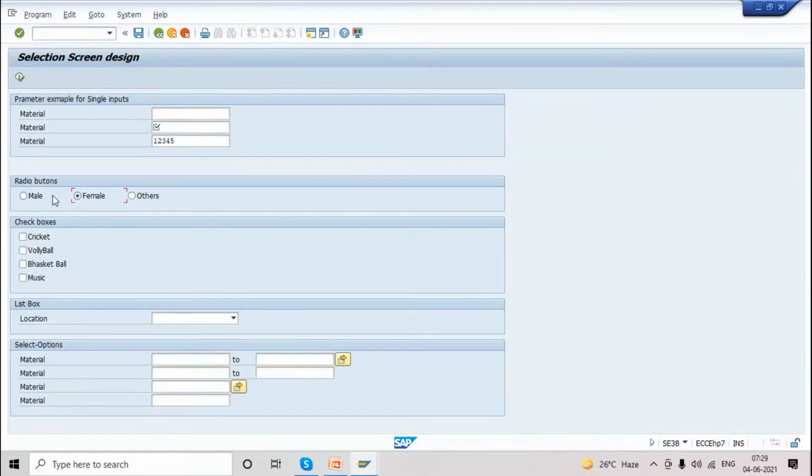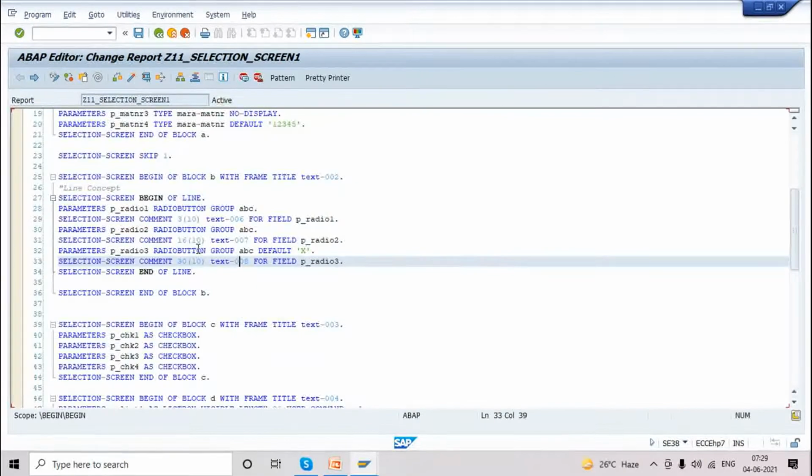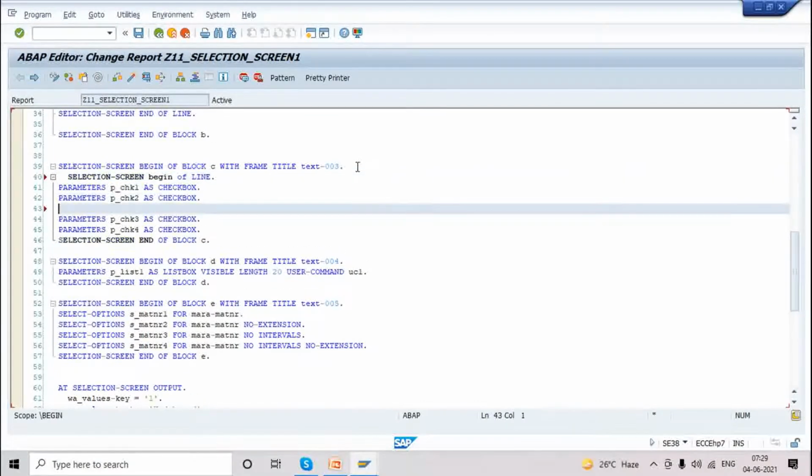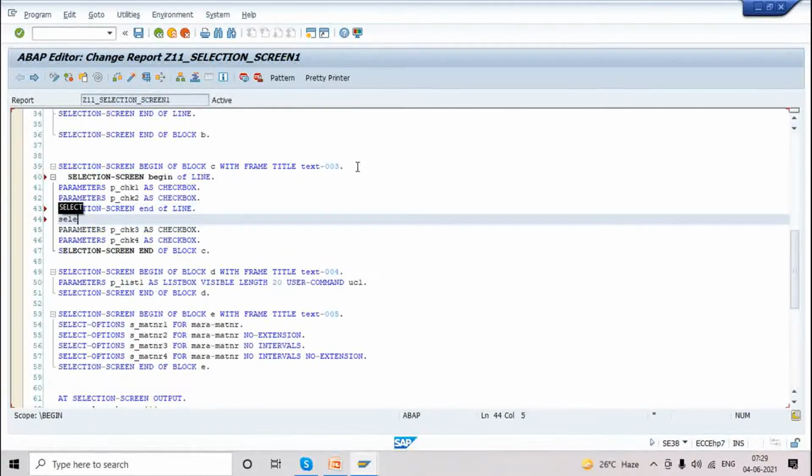See, the others also came. Okay. So now the same will be applicable here for the checkboxes. I'm splitting them into 2 lines. Selection screen, begin of line, end of line after 2 checkboxes. Selection screen, end of line. Again we have to start one more line.